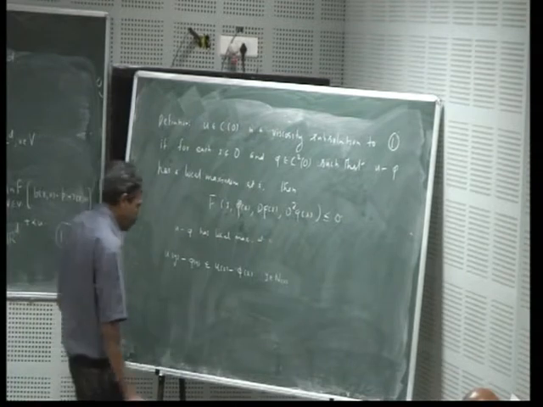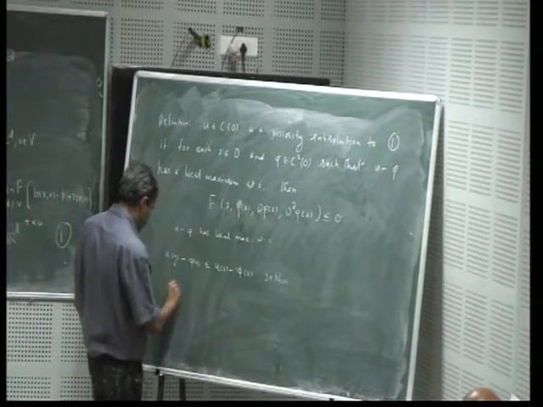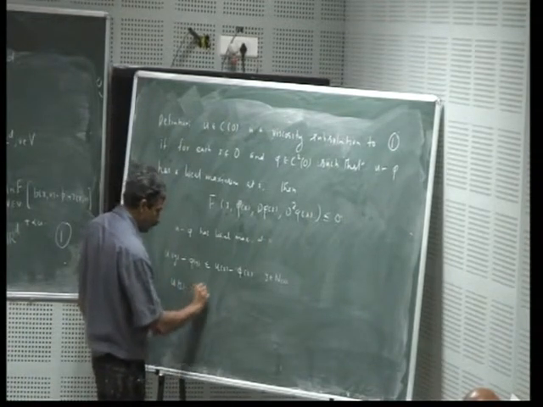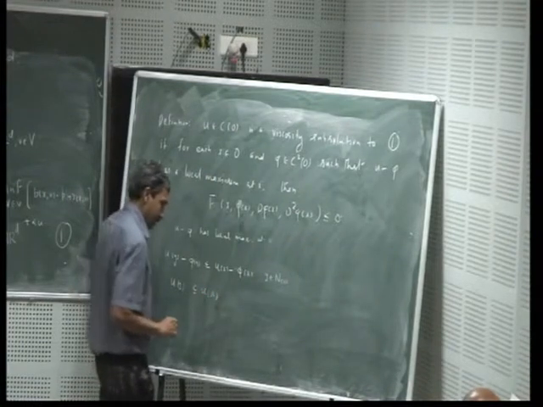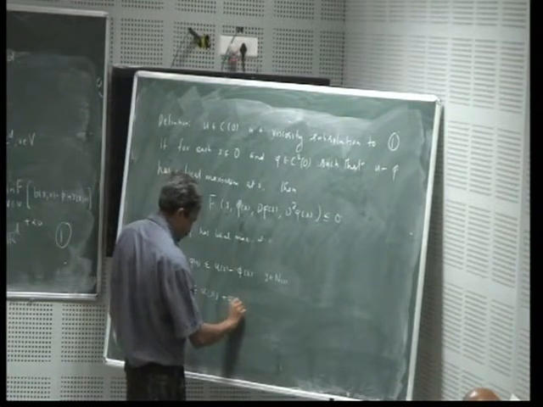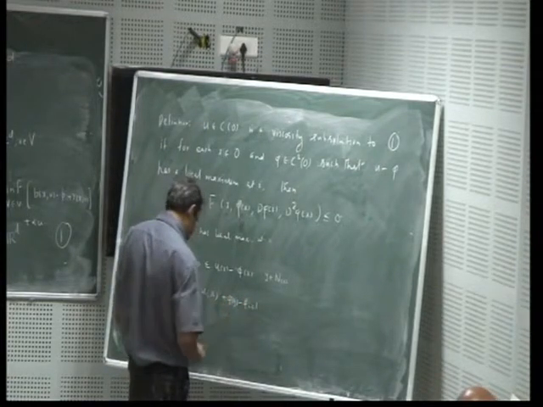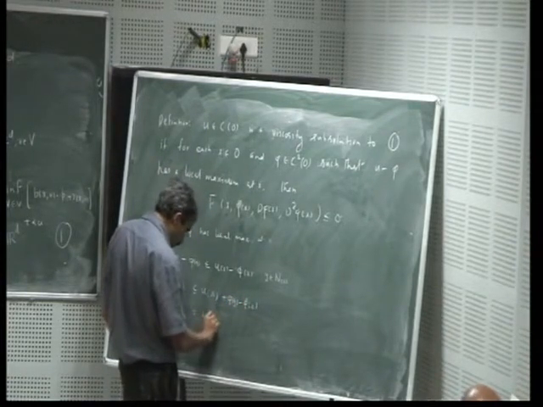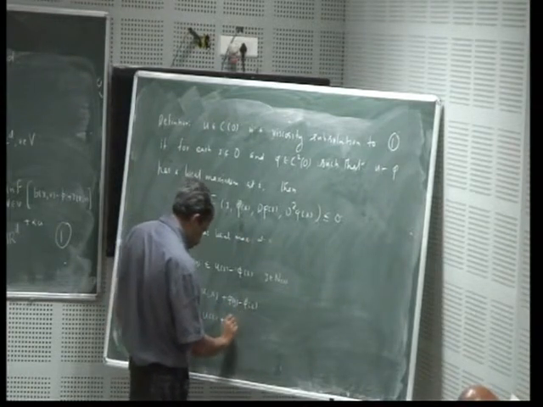This will imply that u of y will be less than or equal to u of x, then plus, and use the Taylor series, you will get